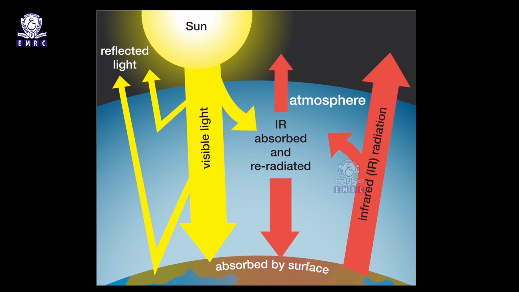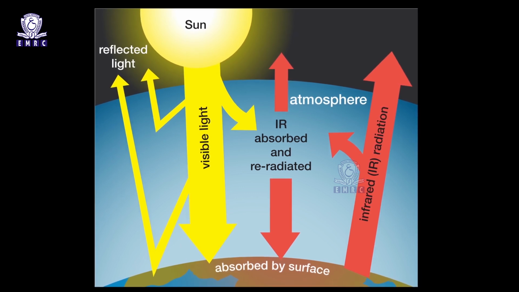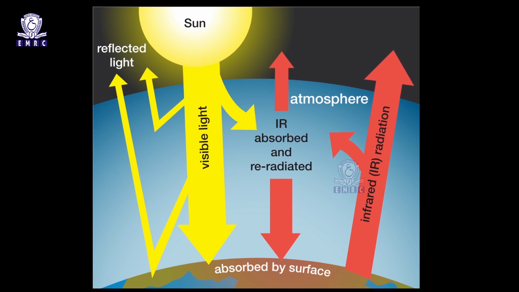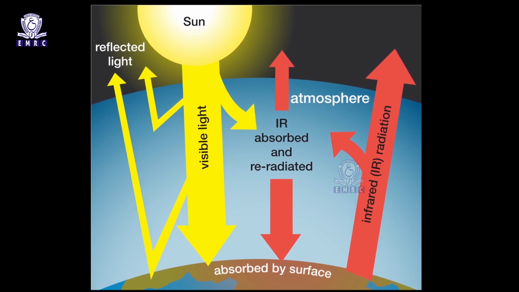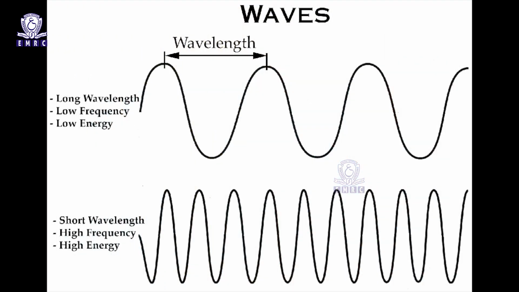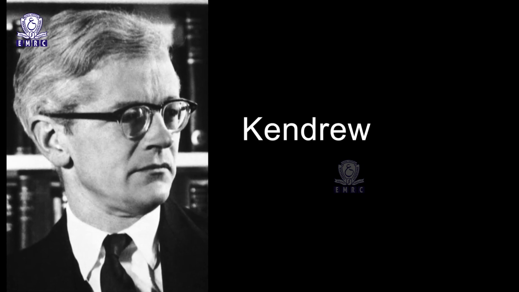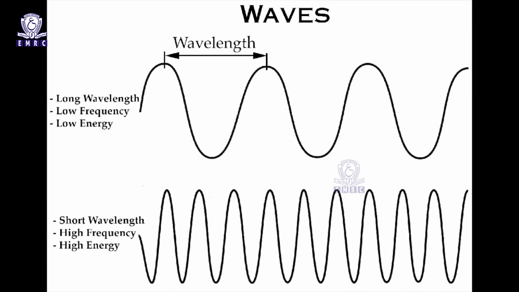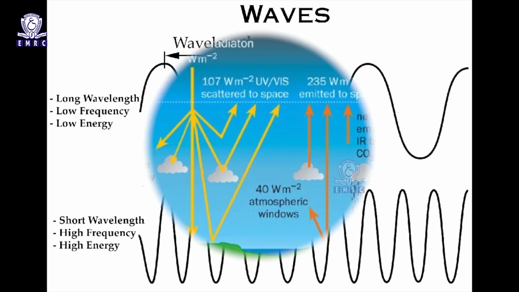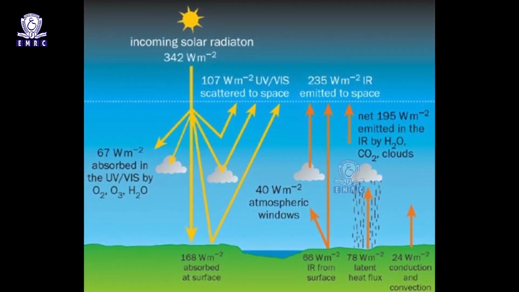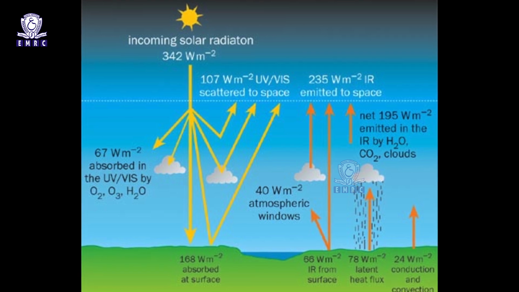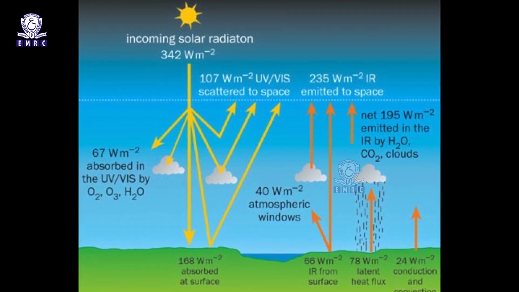In the direct absorption of the incoming solar radiation, the water vapor present in the lowermost layer of the atmosphere plays the most significant part. In the electromagnetic spectrum, a larger percentage is comprised of infrared waves. According to Ken Drew, about 43% of the incoming solar radiation is received through these longer infrared waves. A larger percentage of these longer waves is directly absorbed by water vapor.